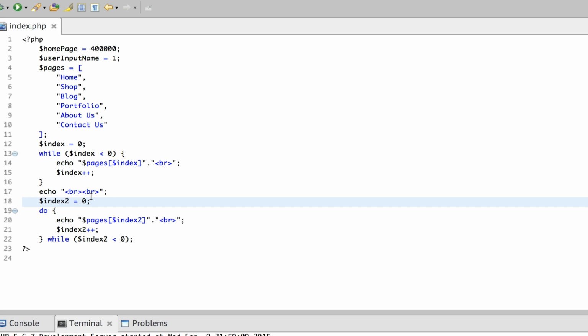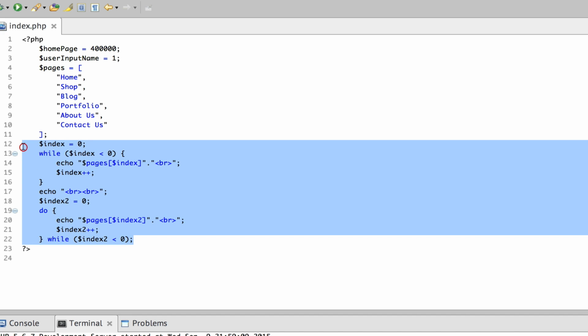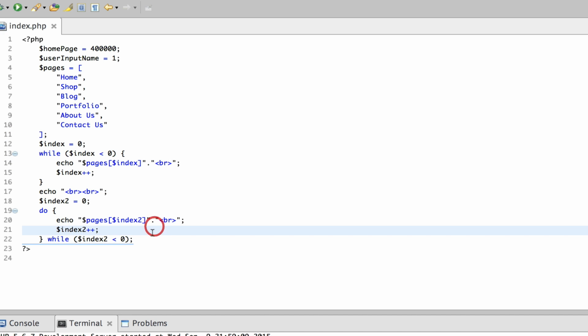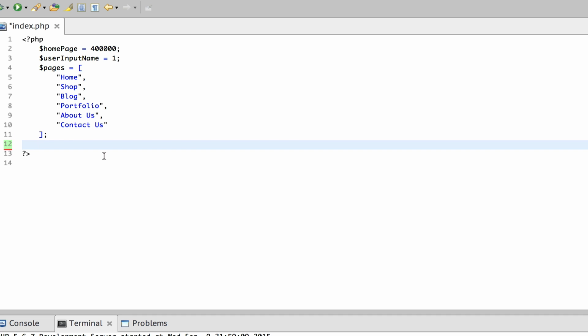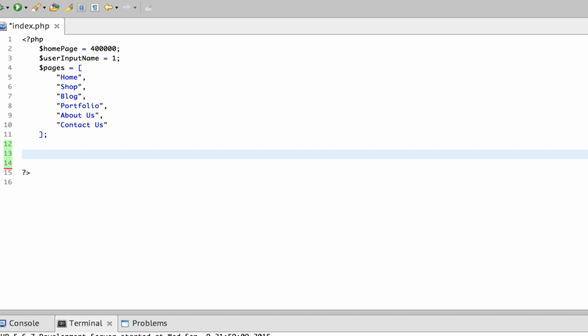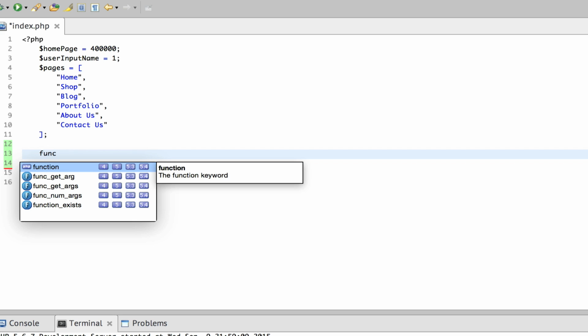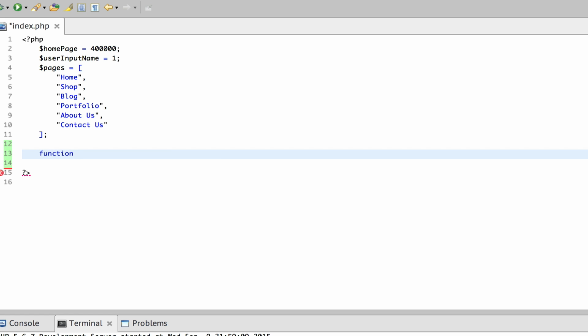Now, modular programming is a pretty decent way to optimize our programs further. So let's have a look at the syntax. Let's erase this off, and let's start off with function. And we need a name in here, so